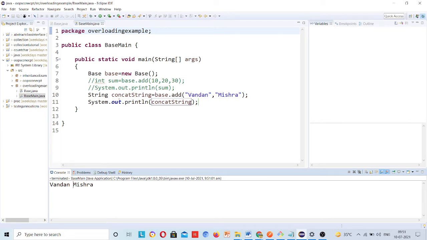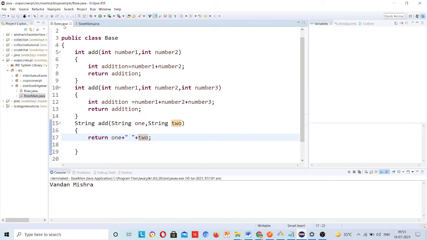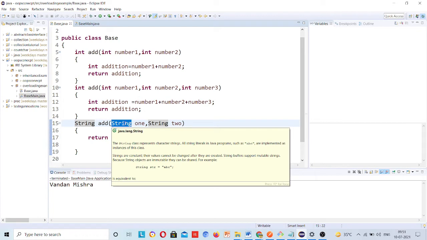Okay, now here you have to note down some points, and what are those points? First of all, method overloading is not only about the number of parameters being different; even if the number of parameters is the same, the number of parameters here is how much? 2. Number of parameters inside this add method is also 2, but if the types are different, meaning if these had a different type, this was the string type, this was the integer type, and this is the string type, then that is also overloading.